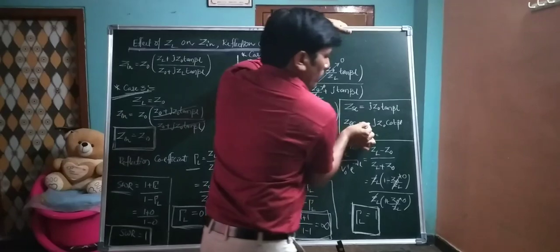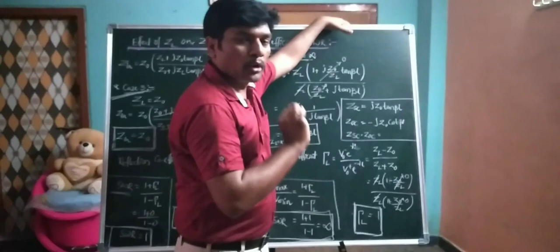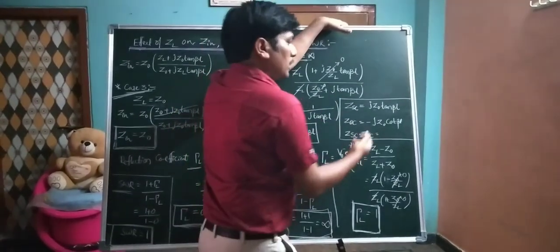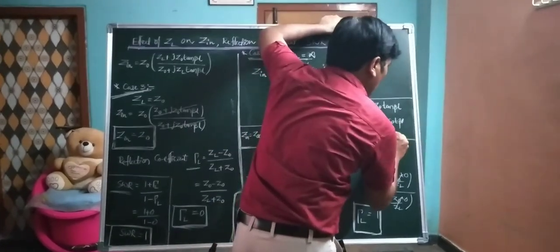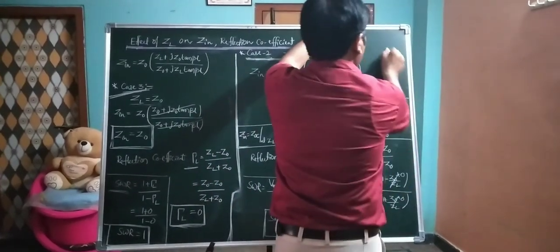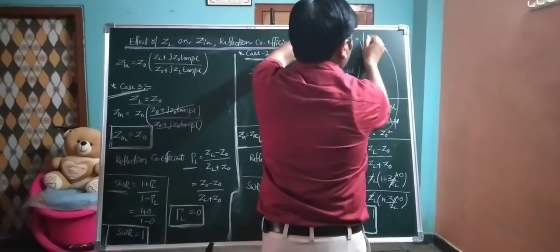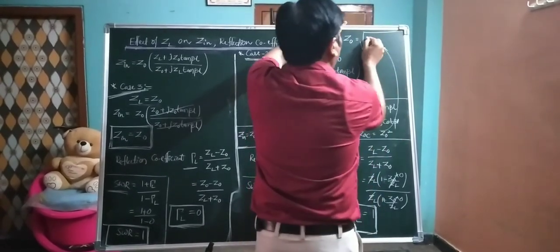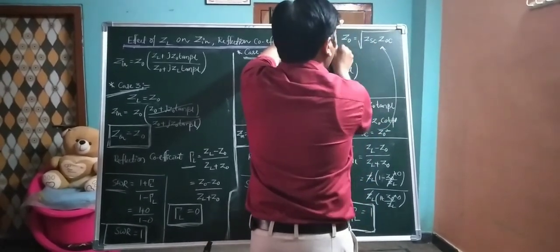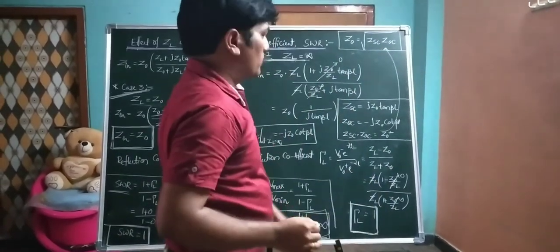So we got minus of j square Z0 square. Minus of j square, j square itself is minus 1, so minus minus becomes 1. What is the remaining term? Z0 square we got. So from that, what is the Z0? Z0 is equal to, from this, we can denote Z0 in terms of short circuit input impedance and open circuit input impedance. This is also one of the important relations helpful to solve the problems, right?